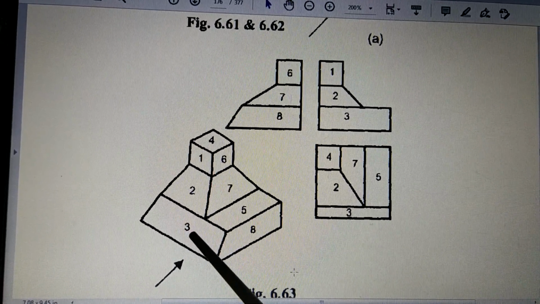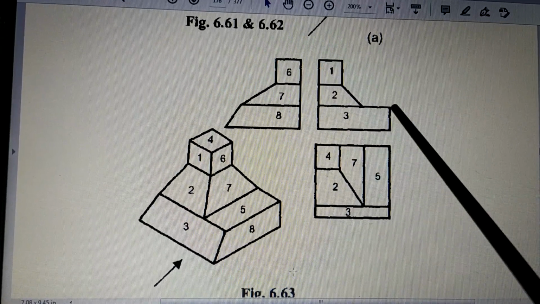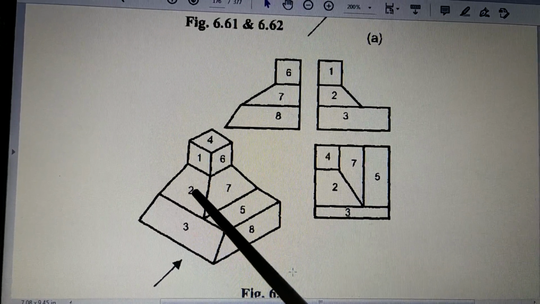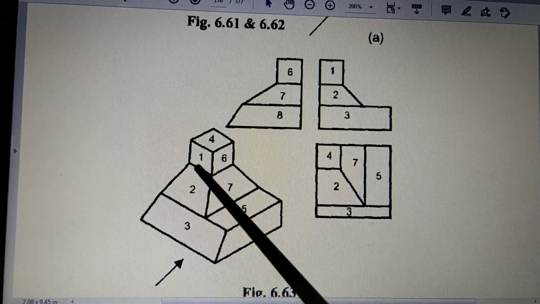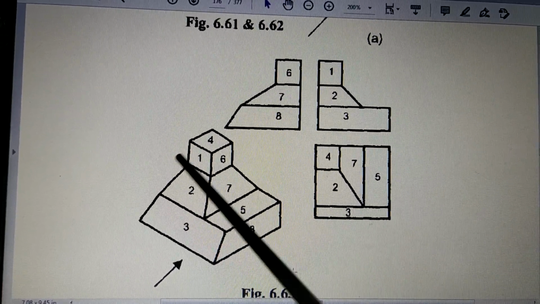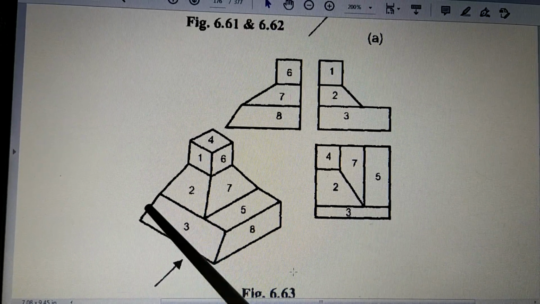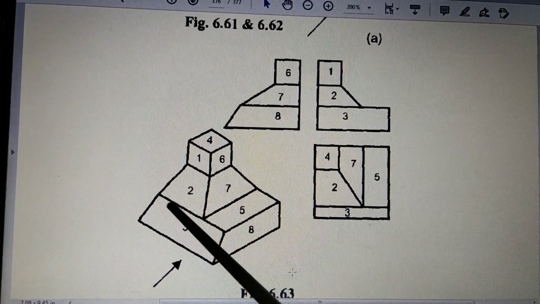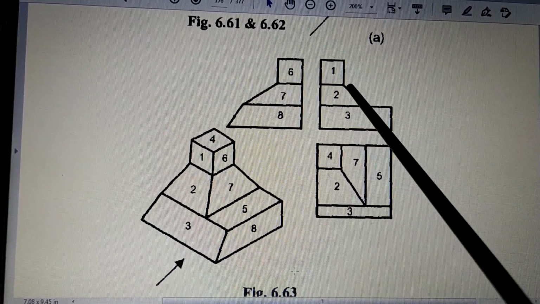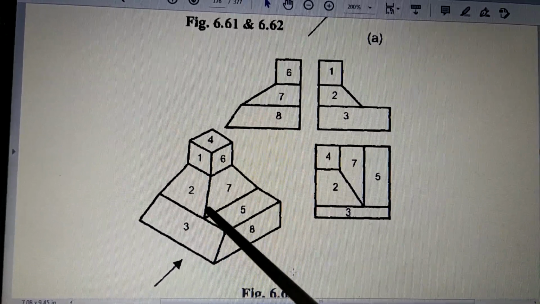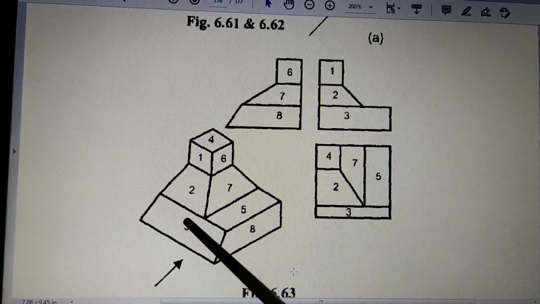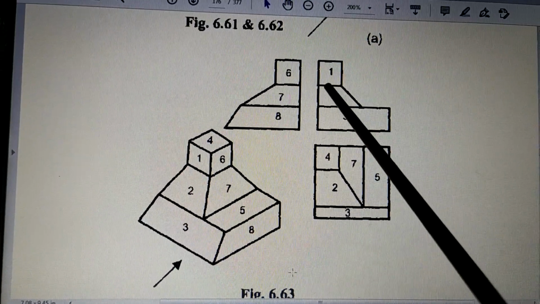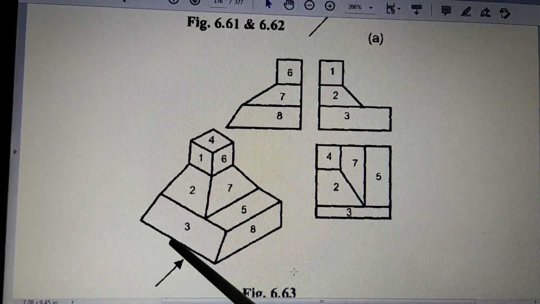So this is number 3, the rectangle which is drawn here. First thing. Above this, there is a shape here, that is 2. Out of that, this side is the vertical side, and then this side is shorter than this side, so this is drawn shorter, and then this is joined to make it an inclined surface. So this is surface 3, then 2. Above 3 there is 1, which is simple, so this is 1. So this is the front view that is drawn.